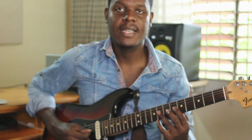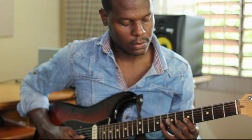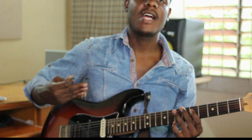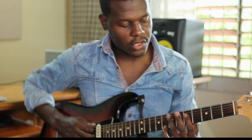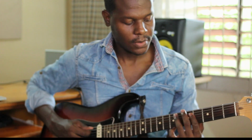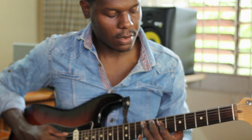A good way to approach this is to start with the scale and then harmonize the scale. We'll be starting with the major scale, using C major as an example. So if I take this position of the C major scale, in harmonizing this, we want to choose notes below that so that the scale is on top. An example of how I could do this would be